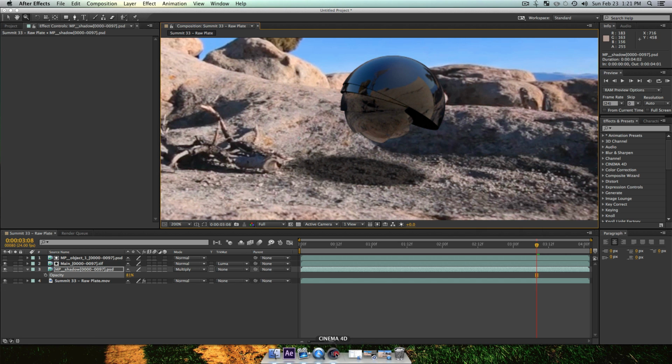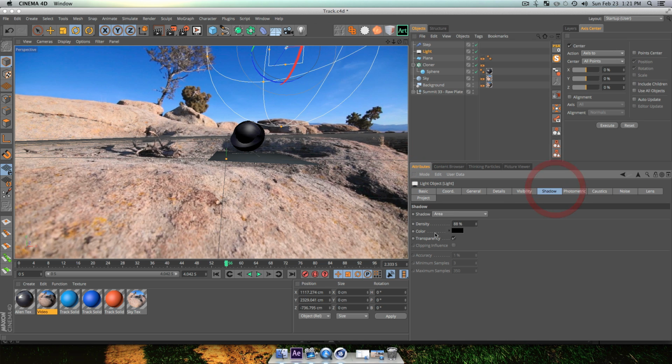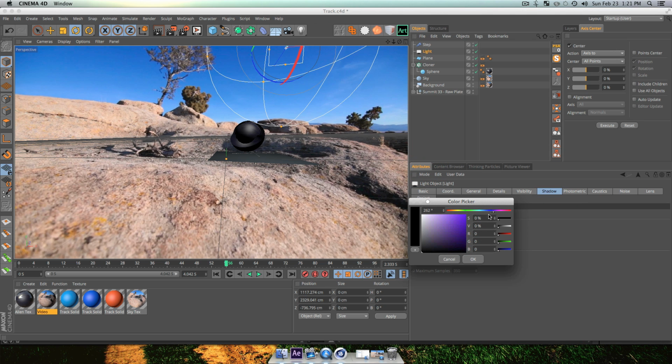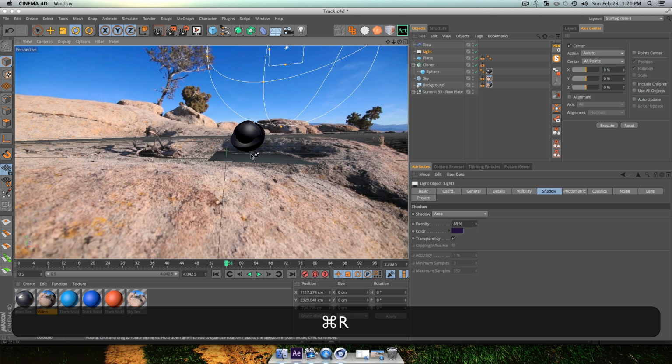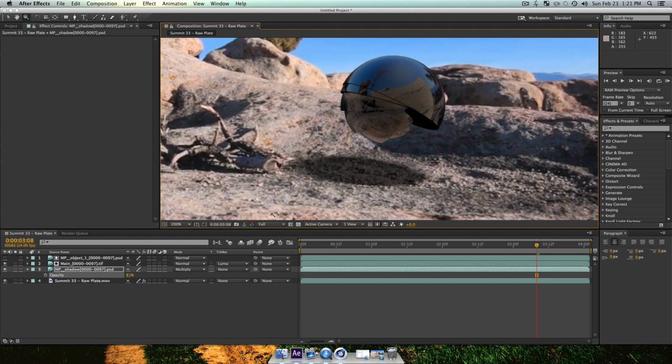Oh yeah, that's right. In Cinema 4D, on my shadow, in my light, if you go into your attributes, on your shadow color, I just changed this to a dark blue to match the scene. So like a midnight blue, and that'll match better. As you can see, the color tone's a little bit better. And that's what I did. I forgot to tell you guys that.